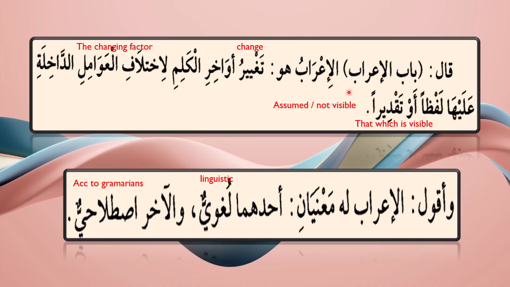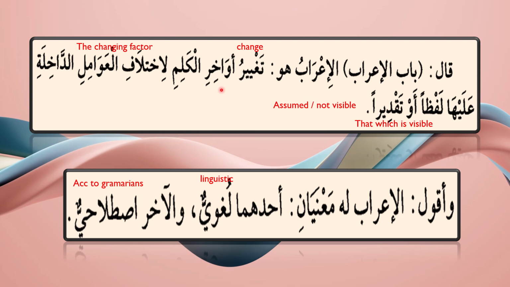According to the author of this book, he explains the Eraab as changing the haraka of the last letter of a noun or a verb. So in this lesson, we will be learning the Eraab, putting the correct haraka on the last letter, number one, of a noun, and number two, of a verb. First of all, we will learn about the noun and then we come to the verbs. So the author explains changing of the haraka of the last letter of a noun or a verb, and due to a factor.